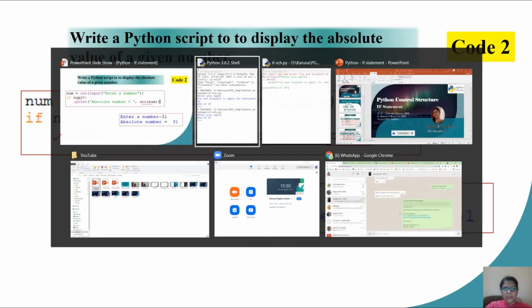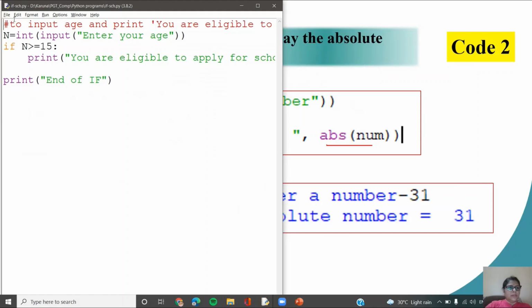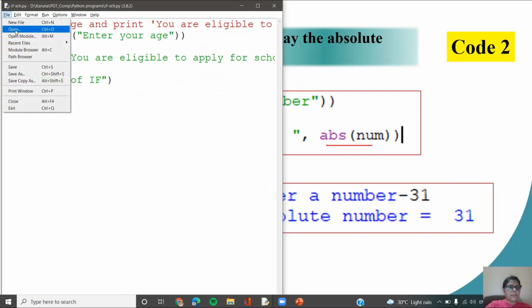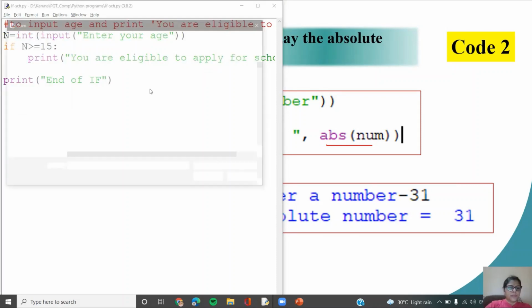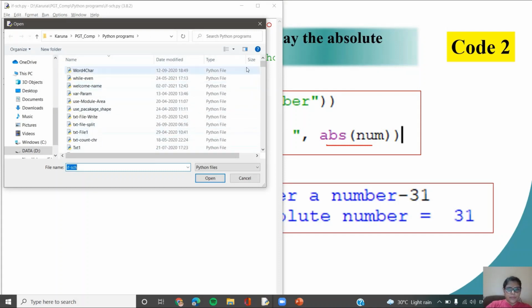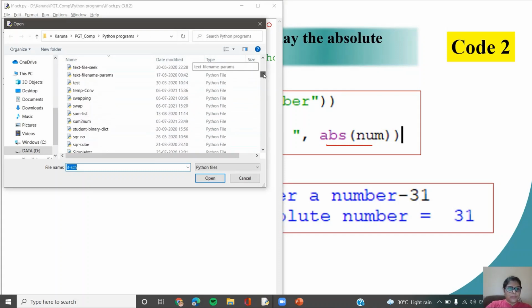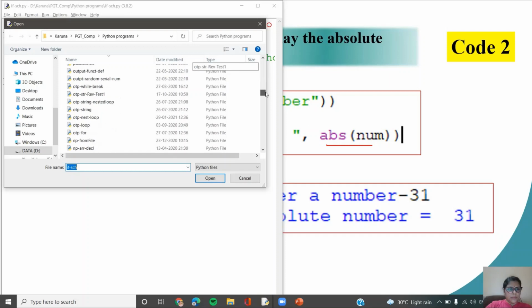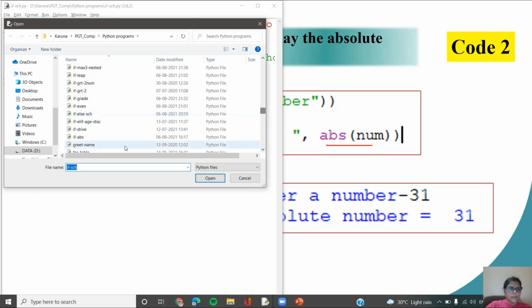Seeing that again on the Python prompt, let me open that program. So I have the absolute value checking.